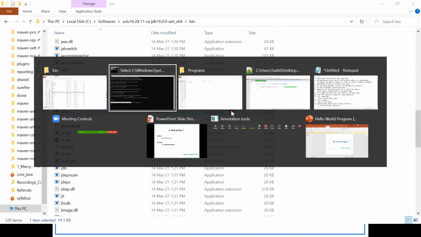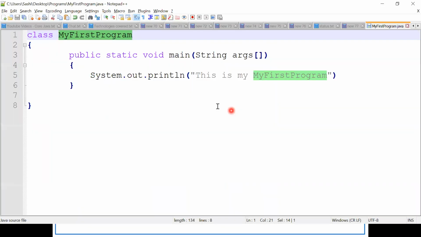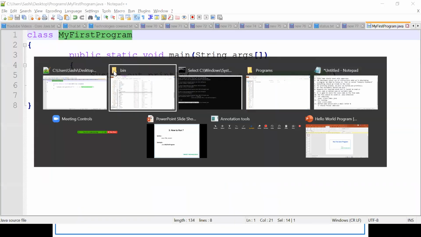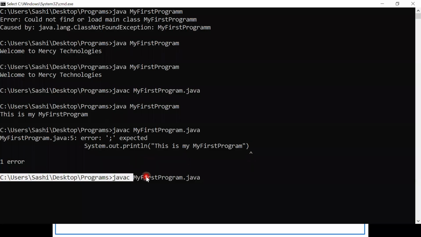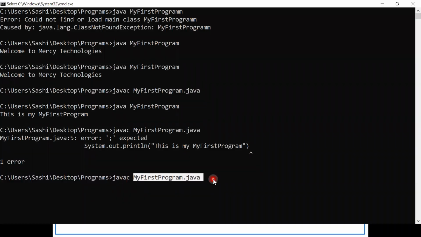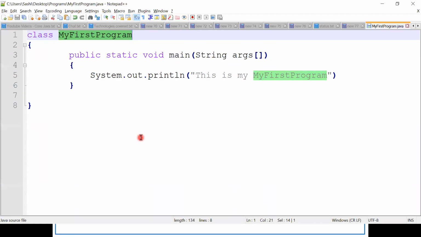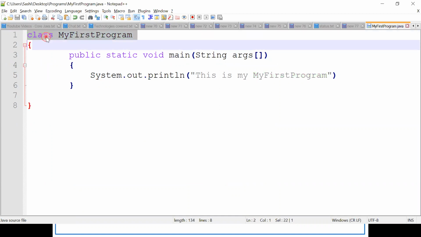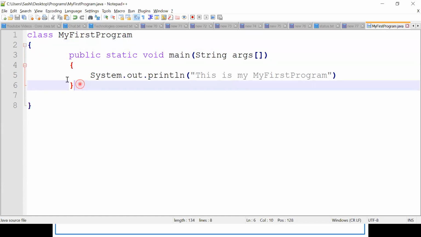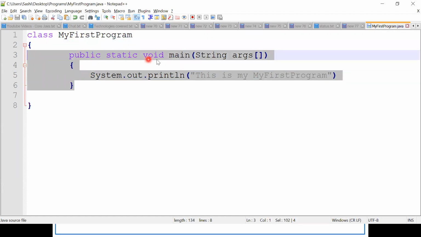It will go to my first program because you compiled javac class name dot java, my first program dot java. It will check line by line. Is there any compilation error? No. Is number of open parentheses equal to number of closing parentheses? Yes. Is something wrong in this line?